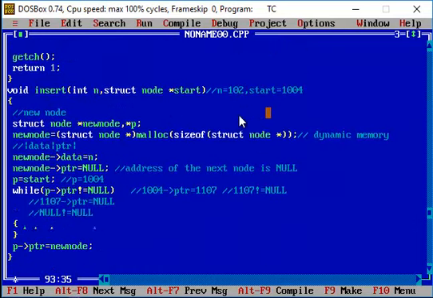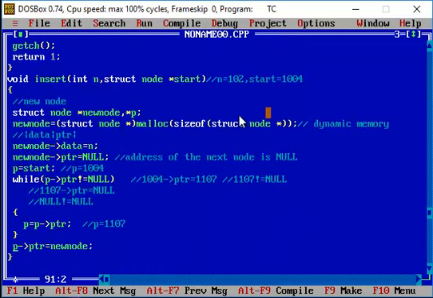So what I have done is the address of the new node being created has been assigned in the place of null. It has been done with the expression that is the structure variable p, with the help of the arrow operator, making use of the structure member, that is ptr.